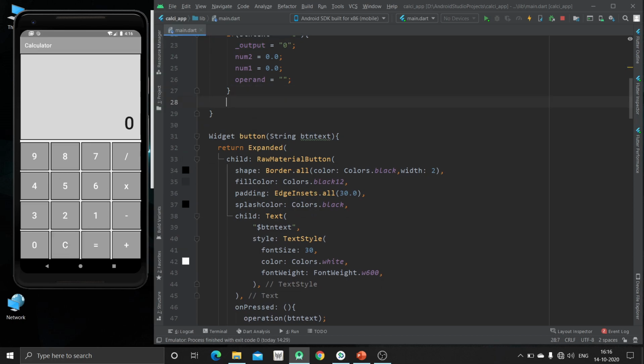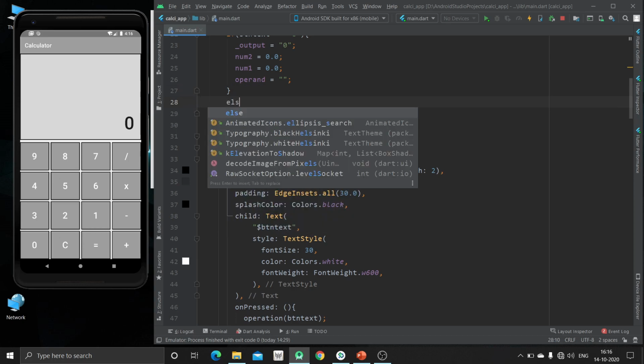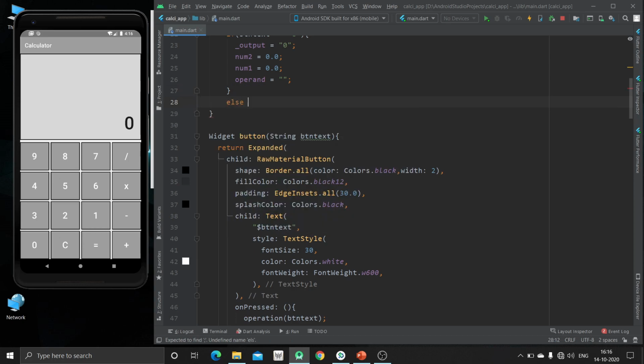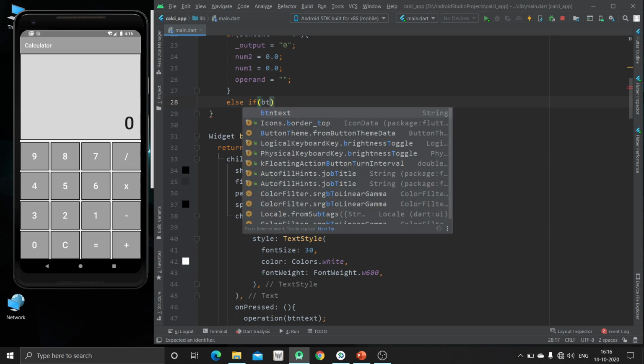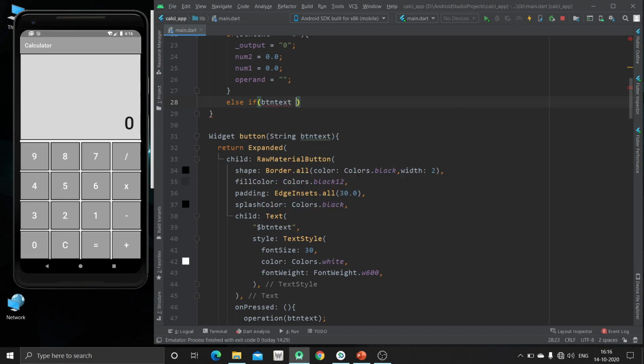Now for the other buttons, we will first use the else if condition, as we have already used the else if condition. Now if the button text is equal to plus, or, just copy this and make the condition for all the 4 operands.